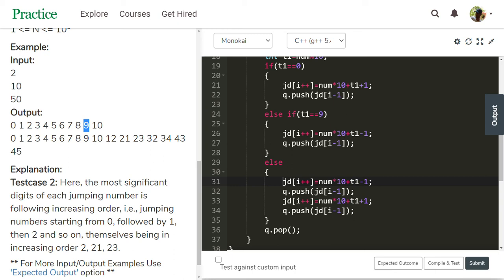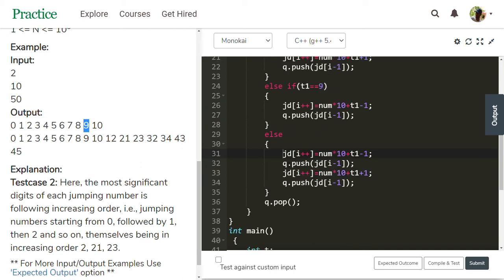If 9 into 10 is 90 plus 9 plus 1, it becomes 100. 100 is not a jumping number. To remove that 100, I am taking only t1 minus 1. These are the two special cases.